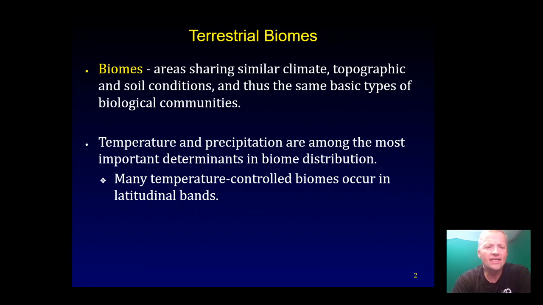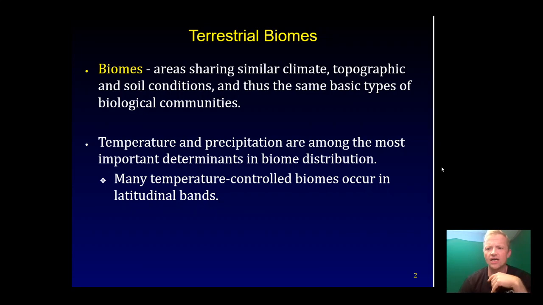The two big things, what dictates what type of biome you have? This is key. Please remember this. Temperature and precipitation are, it says among the most, but are the most important determinants in biome distribution. Temperature and precipitation will change soil. It'll change the type of weather, climate you have. It changes all the types of animals and organisms in a given biome. So do know that it really comes down to temperature and amount of precipitation. And we'll talk about this.